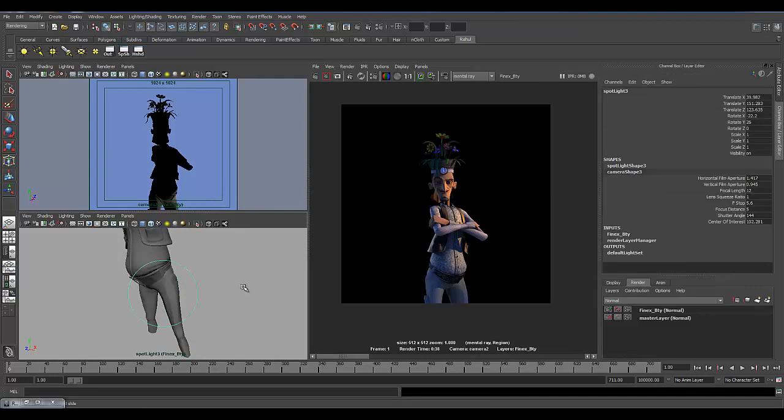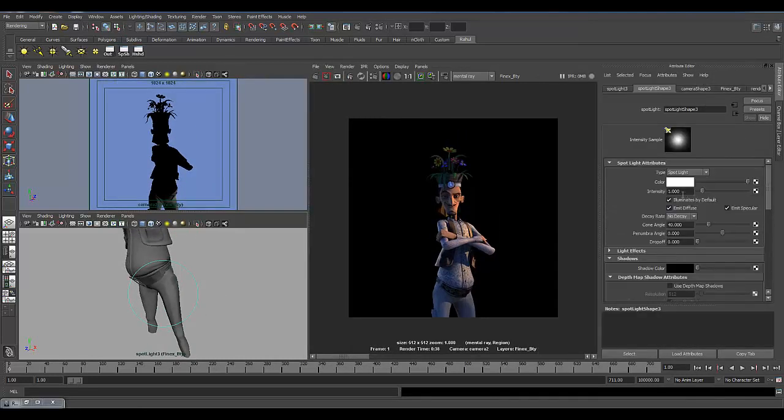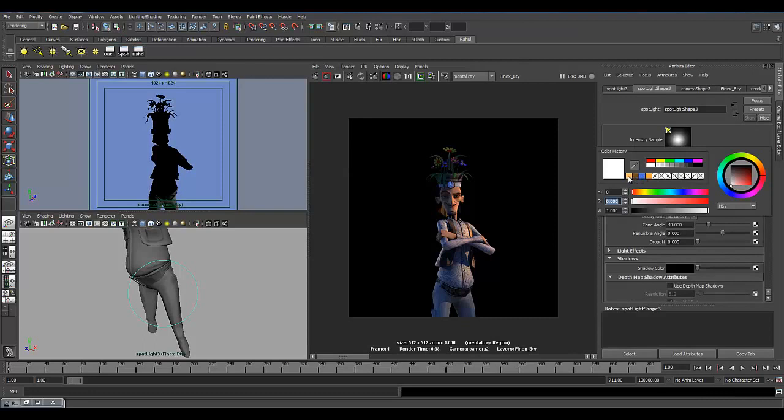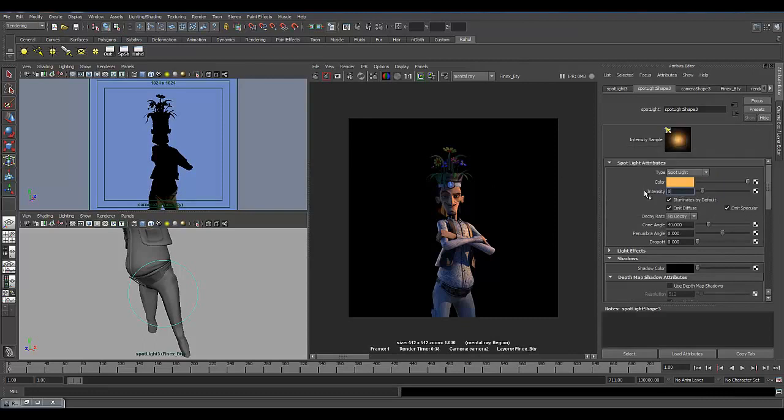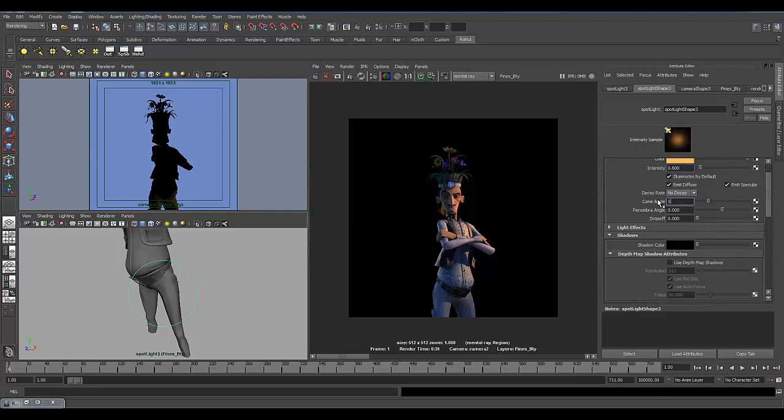So what I'm gonna do is I'm gonna take one light and reduce its intensity to 0.6, and I'm gonna make the penumbra minus 20. I always use negative penumbra